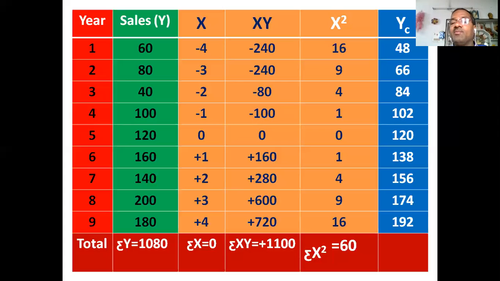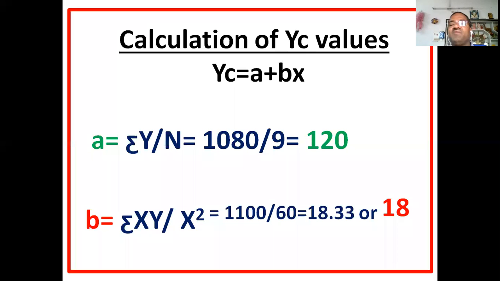Now the very important and careful job starts: to calculate the YC values. How do these YC values come? We will again take a rough work. We calculate in the rough. We have to find the values of YC, and the final values we have to paste in this column. Then how to calculate YC values? I will show you in the next slide, where I did a rough work. The same values I can again register as a pair here.